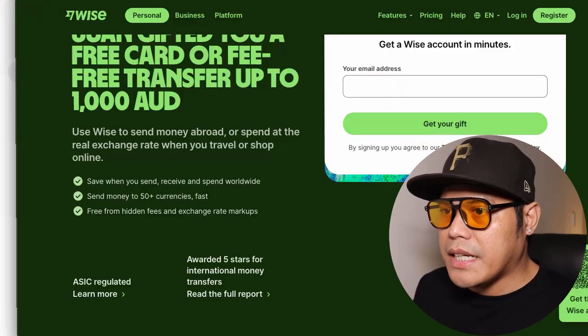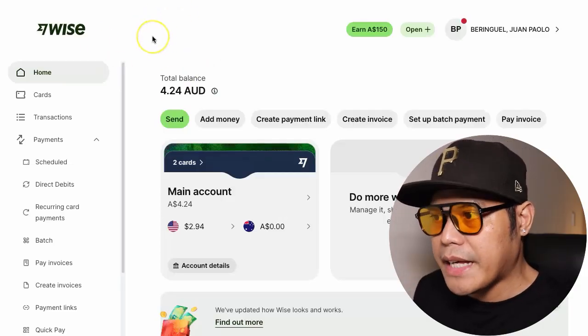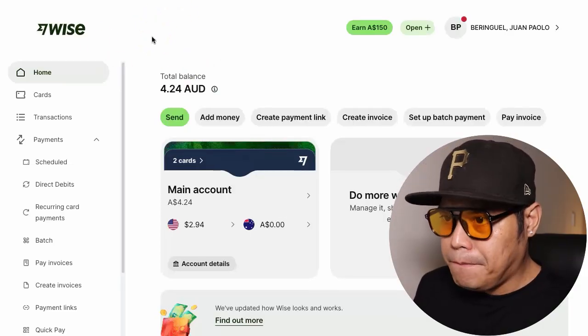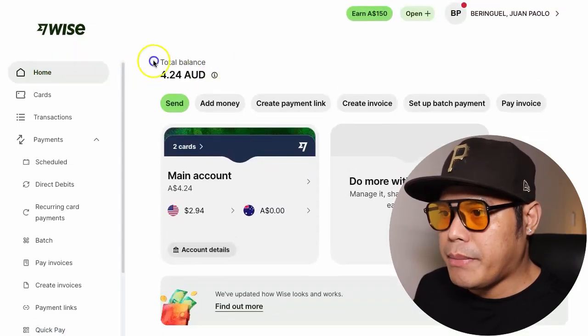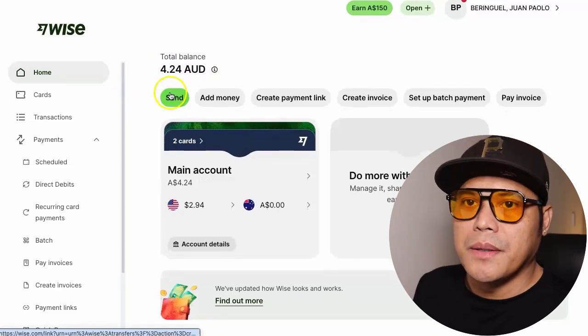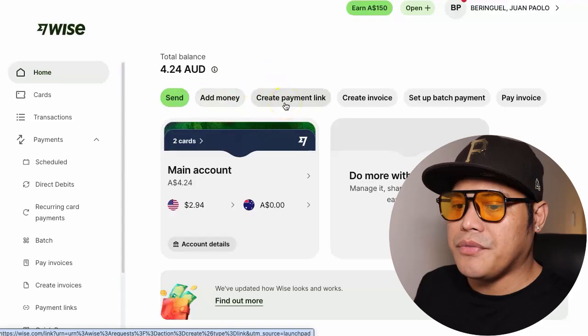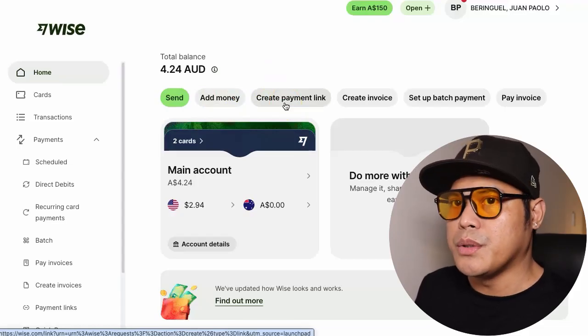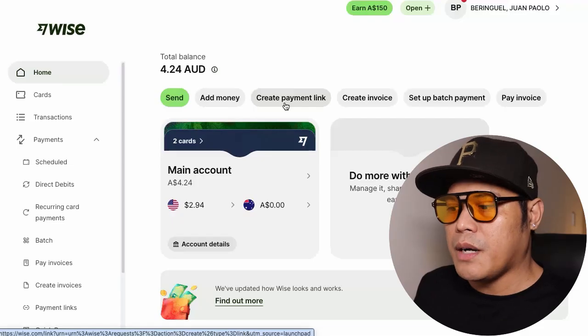And then once you sign in, once you complete the process of signing up, this is what the dashboard would look like. Okay, so if you click on home, you can see it here, that's the total balance. And then you have the options here that you can send money, you can add money, you can create payment links. So this is if you are using this to take payments from, let's say, your clients,